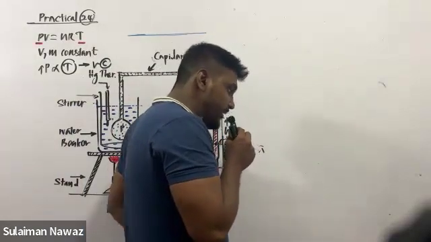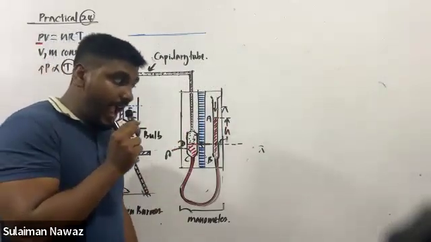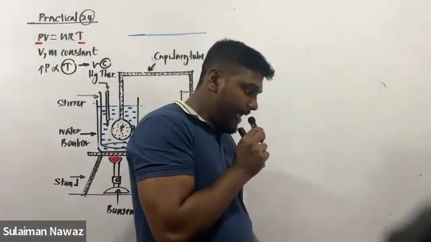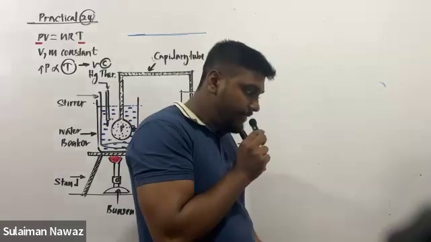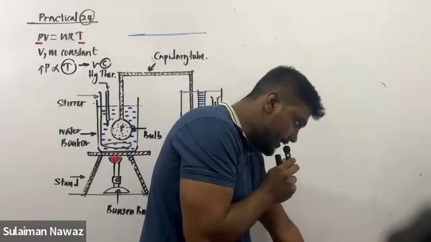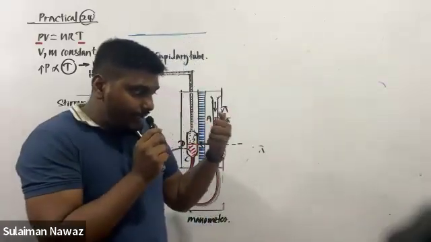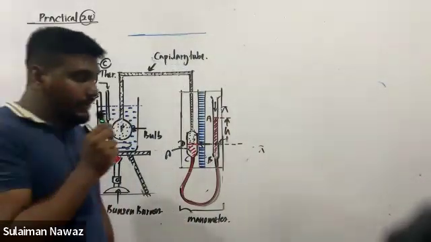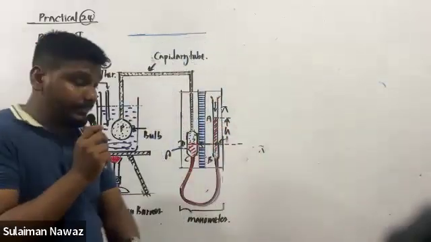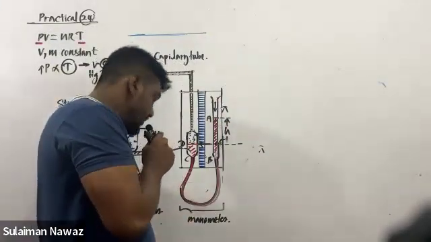Okay. Next point, write down: heat the water slowly. Now, these points are very important. Heat the water slowly, and with thorough stirring, when the temperature of the water has increased by about 10 degrees Celsius, comma, remove the burner, comma,